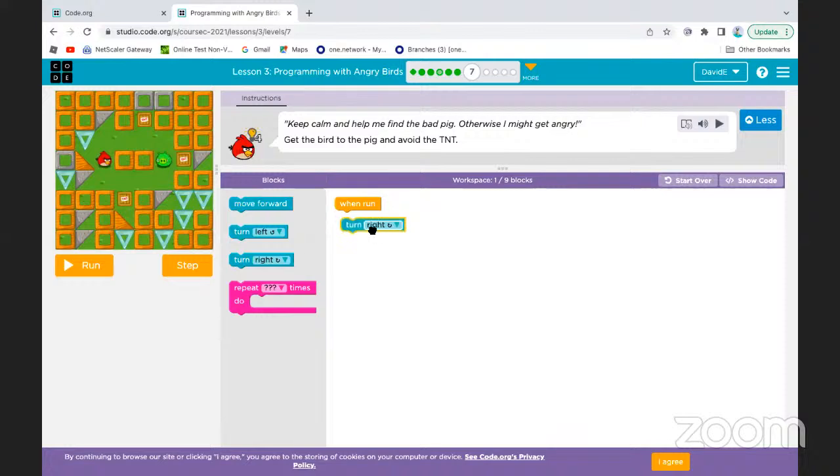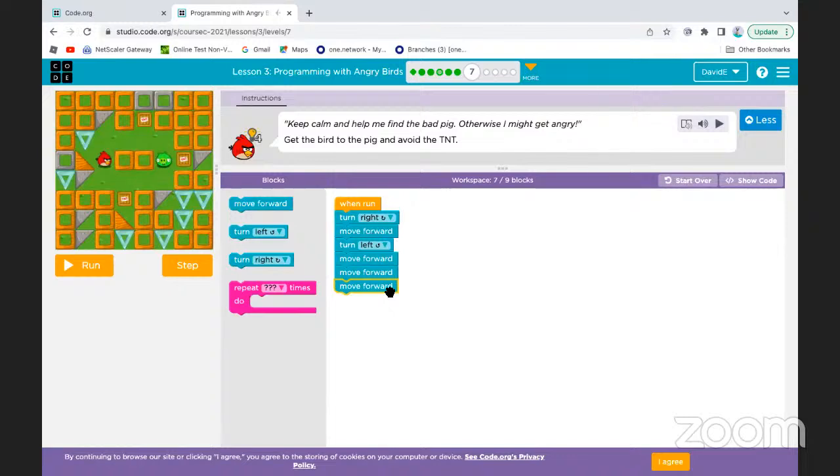Okay. Then you move forward 1 time. Okay. Then turn left. Okay. Then move forward 2 times. No, 3 times. Yes.